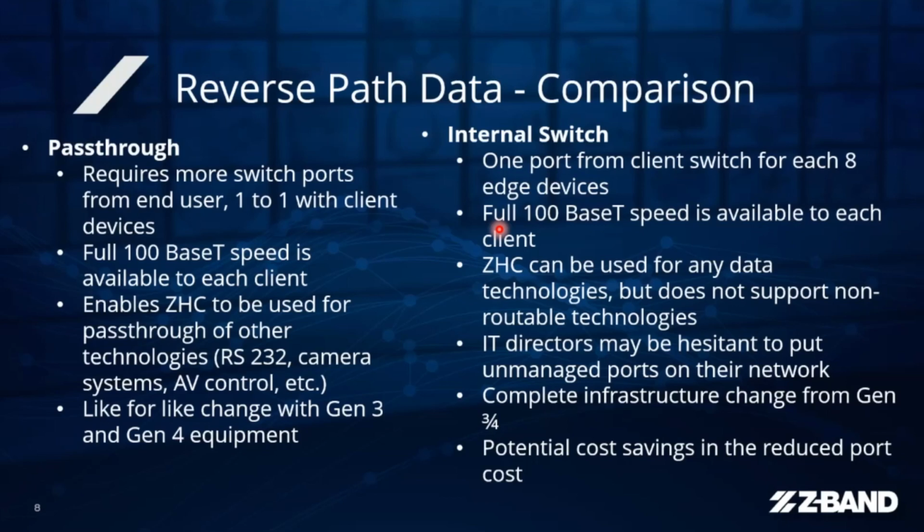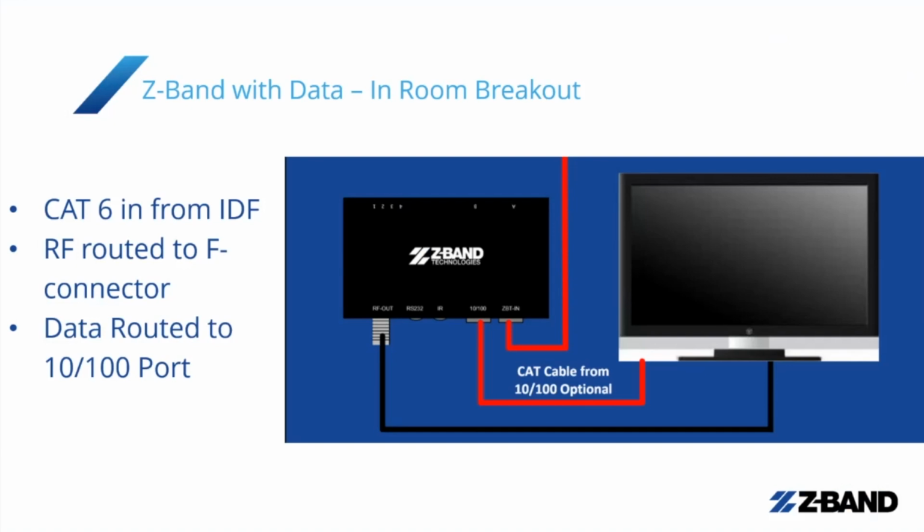100 base T doesn't sound like it in the era where we have 40 gig backbones and 100 gig backbones and everything else that we have in the enterprise environment. But 100 base T out to the edge, when the edge is most of the time a television, is plenty of speed for a lot of the applications and a lot of the technologies that you guys are going to be using. And what that actually looks like when you're out in the client at the edge is the Balun